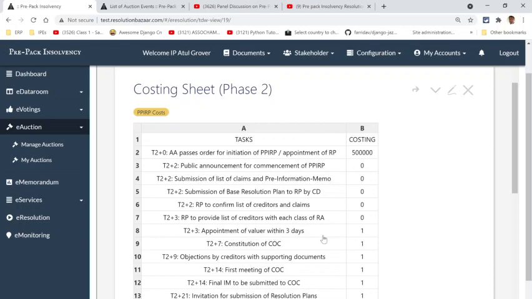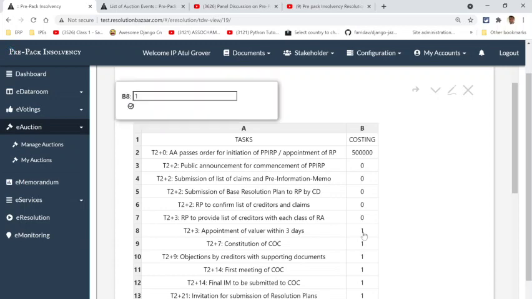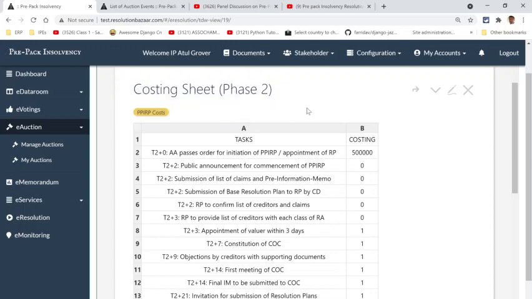And appointment of valuers. Now here we have already given him money. We just have to spend money, but assuming that there are 2 valuers here, and there are 2 valuers here. Now, the way the law works is that there are 3 classes of assets: land and building, plant and machinery, and financial assets, and 2 valuers are required for every class of asset.